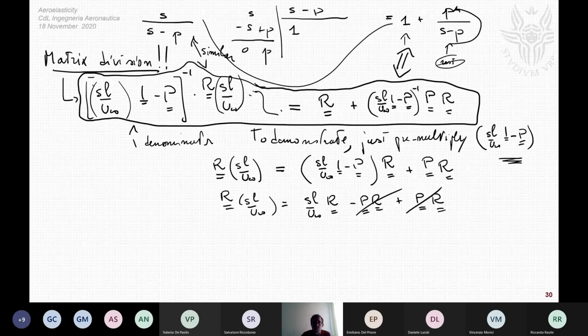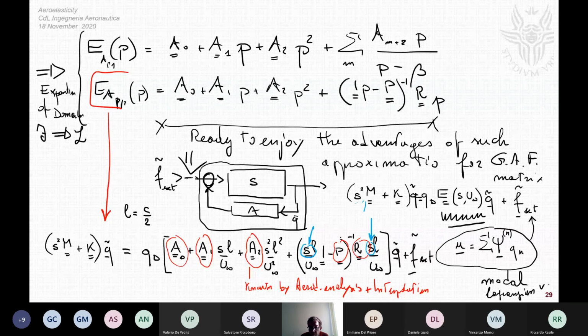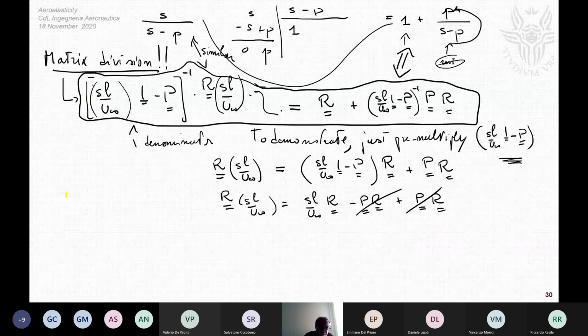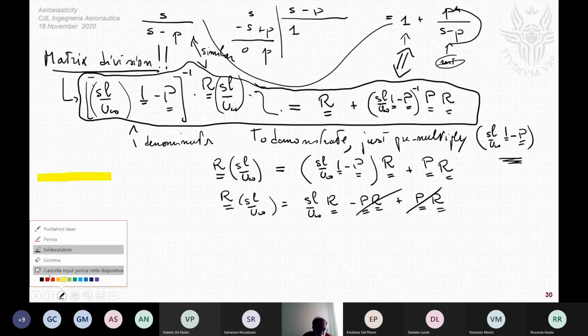This is obvious, of course, but it's just to convince you that we can do a division also between matrices, but we have to be very careful, for matrix multiplication and then also for the division, with the order of the matrices in the multiplication process. So after this discussion, we can transform this part here, just performing the division, and we can rewrite our equation